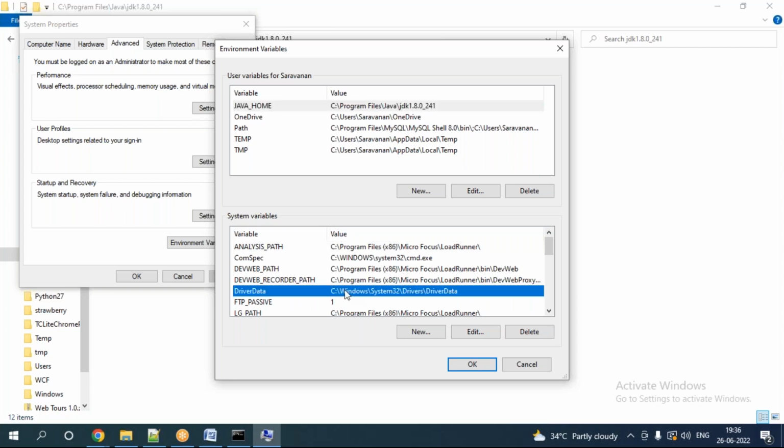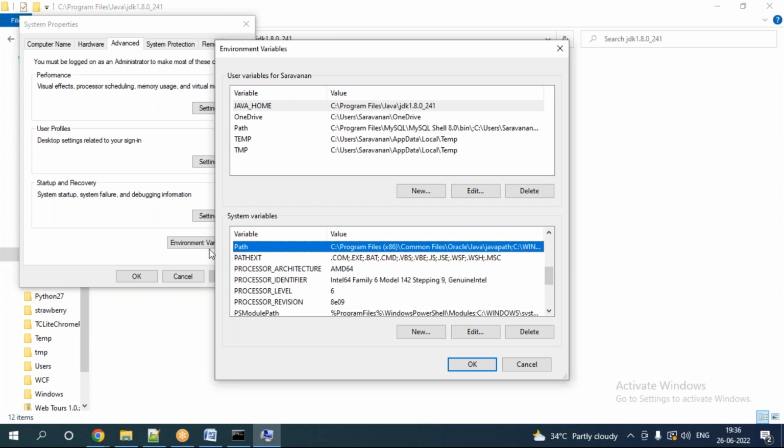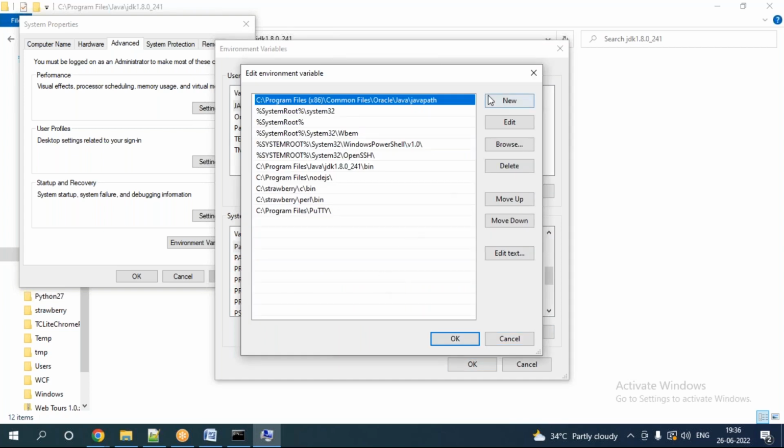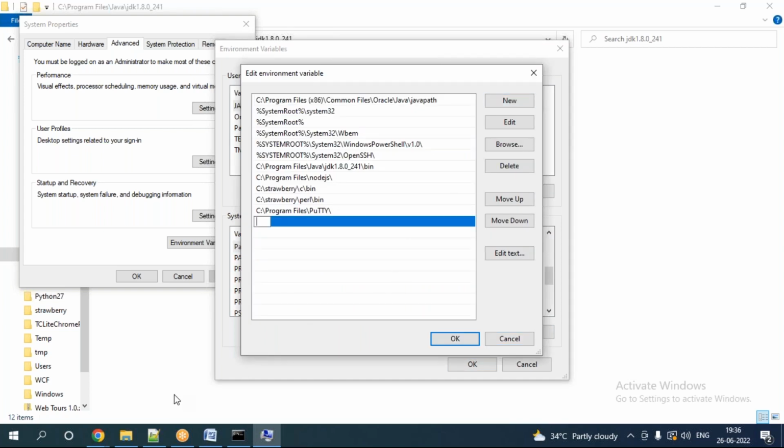And then path, you have to search it in the below system variable. Below you are searching the path. Don't do anything because a lot of things are actually available in the path variable. So if you are disturbing, other programs will get disturbed. So you simply click the edit button, and here you can click the new button, and then you have to